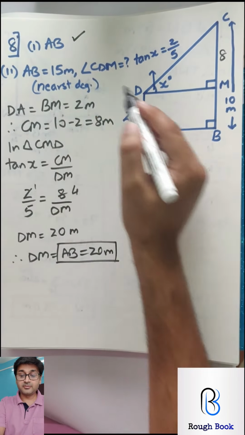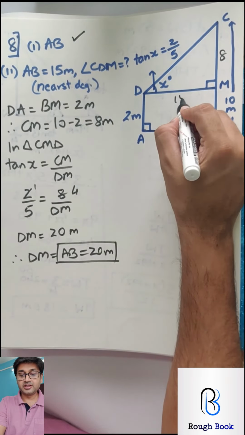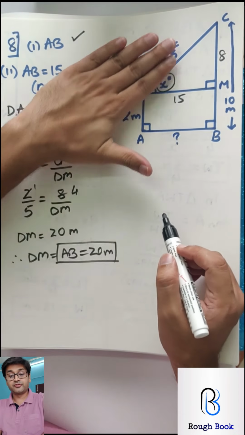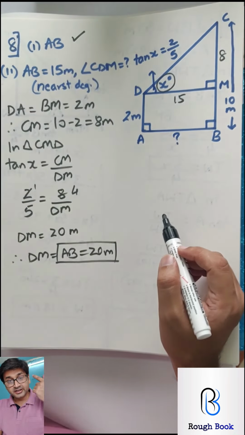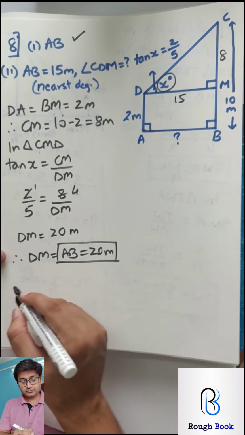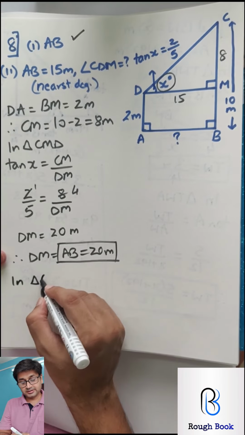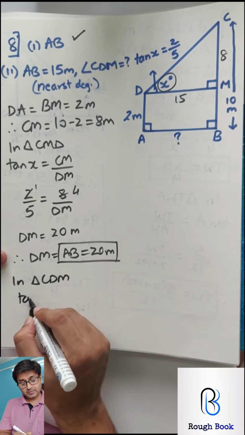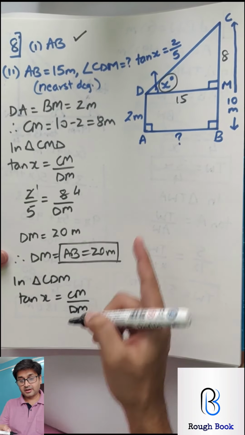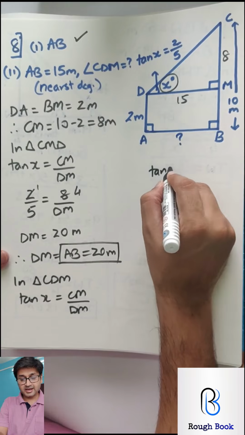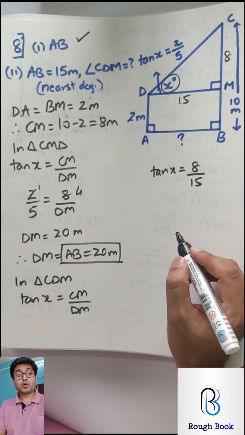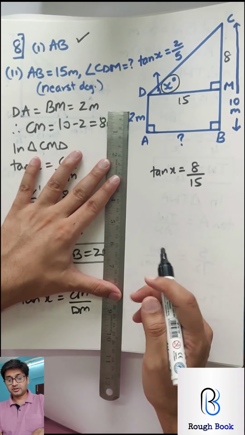Now they say what if AB is 15? So if this is 15, DM is also 15. Then find this x in terms of degrees now. So forget about this 2 by 5. Get degrees for yourself. So how are you going to go about it? So you can say in triangle CDM, tan x is CM upon DM. Write the values. So tan x, CM is 8 and DM is 15. What to do now? I am stuck. Who's helping me on this one? Come on, anybody?